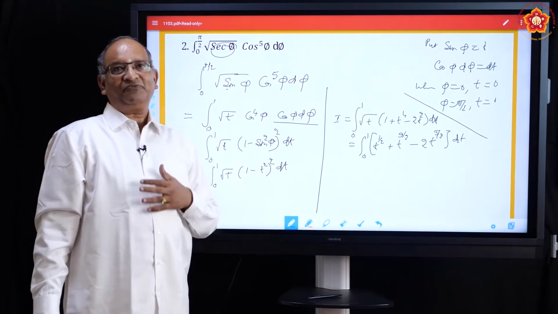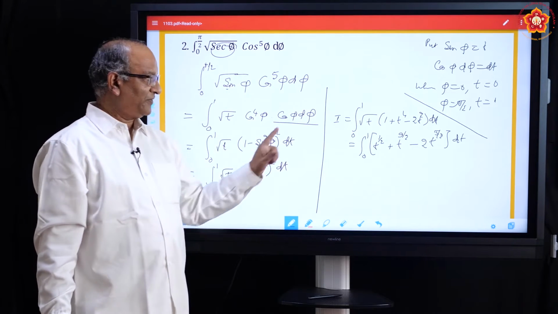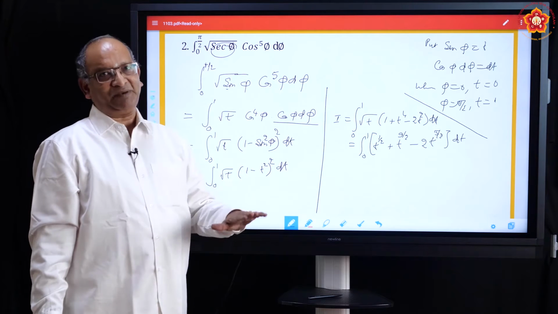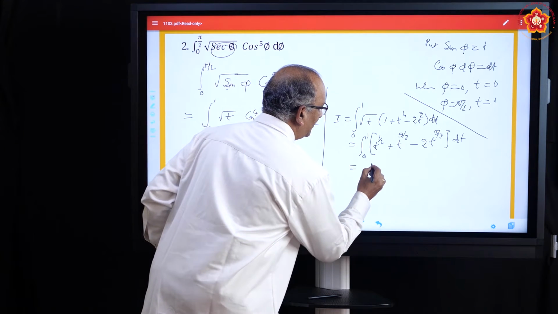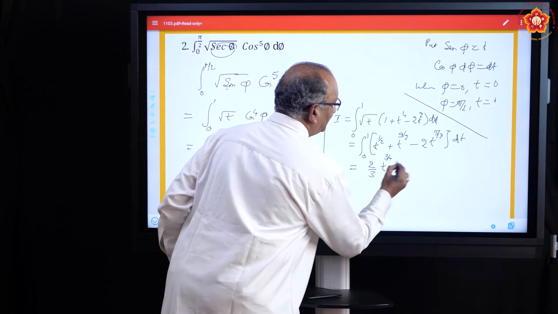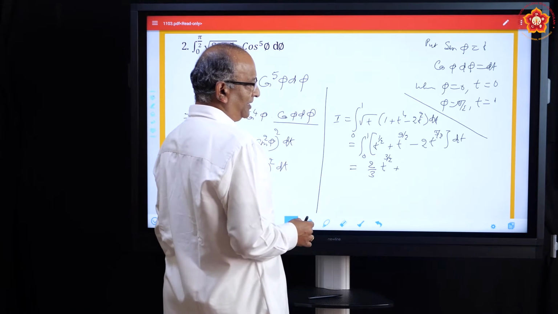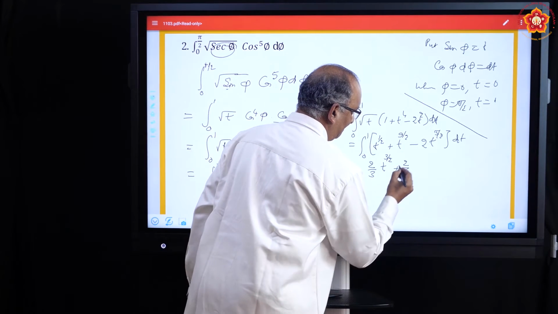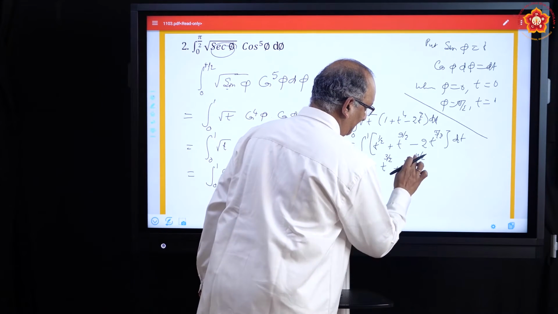We know the integral of x to the power n is x to the power n plus 1 by n plus 1. So for t to the power half, it will become t to the power half plus 1 by half plus 1. Half plus 1 is 3 by 2. So this can be written as 2 by 3 t to the power 3 by 2 plus, for 9 by 2, it will become 11 by 2. So it will become 2 by 11 t to the power 11 by 2